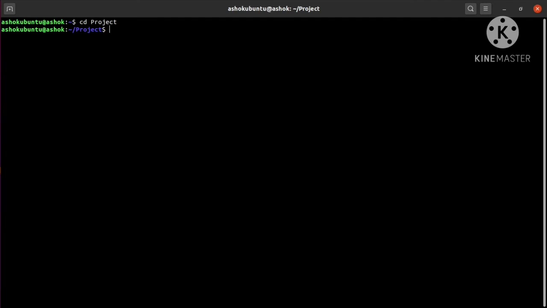The command is python3, because we are going to create a virtual environment for the Python 3 version. So python3 -m venv, and then you name the environment.